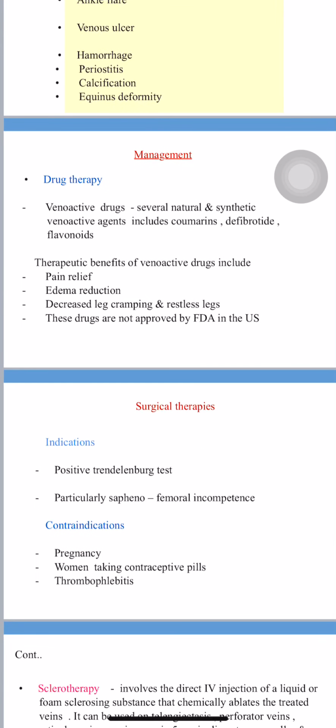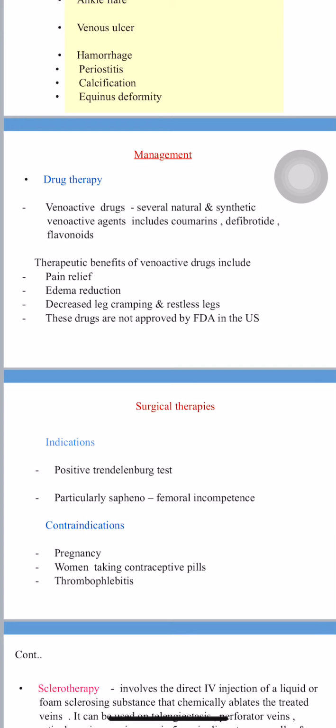So management, the first one is drug therapy. The venoactive drugs. Several natural and synthetic venoactive agents include coumarins and flavonoids, which can be used to treat varicose veins. The therapeutic benefits of venoactive drugs are pain relief, edema reduction, and decreased leg cramping and restless legs. These drugs are not approved by the FDA, that is the Food and Drug Administration, in the US. And the surgical therapies include